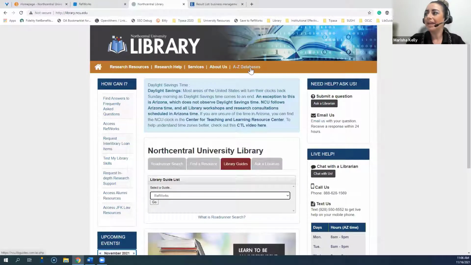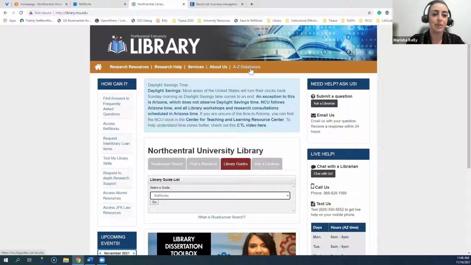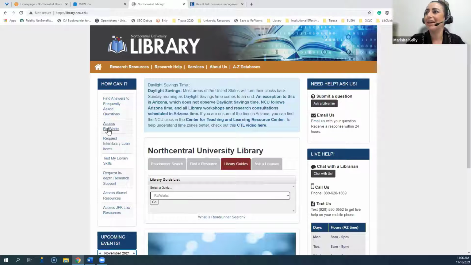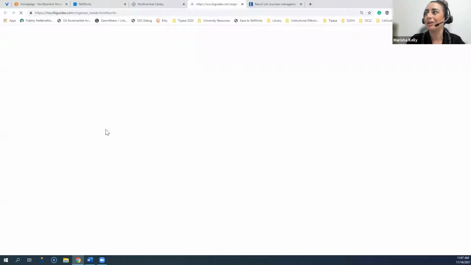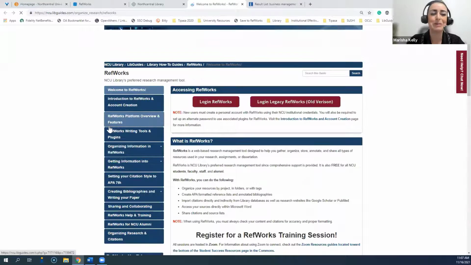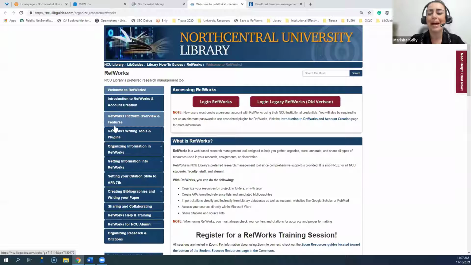And then under A to Z databases, if you're not familiar with that, A to Z is a complete list of all of the databases that you have access to within NCU library. There is a direct link to RefWorks there. So I'll go ahead and get logged into our RefWorks library guide. Now this page exists 24/7, so you can always refer back to the content and tools and resources that are